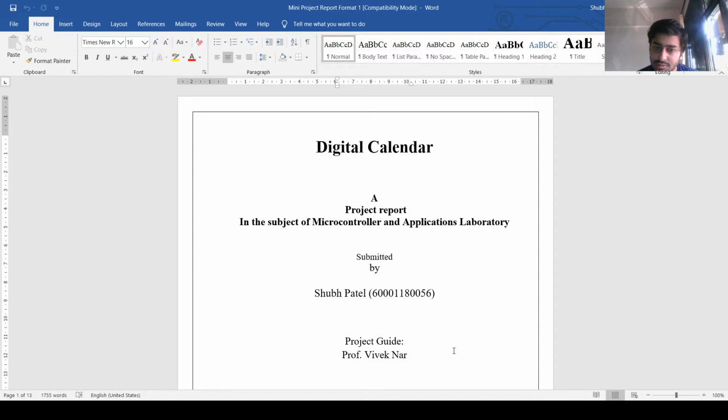Introduction. The title of this project is Digital Calendar, which is an embedded based project. An embedded project is a combination of hardware and software. Microprocessors and microcontrollers are widely used in such embedded system products. Each embedded system is uniquely and highly customized to the application at hand. The main basics included in embedded programming are either assembly programming or high level programming such as C, C++ or embedded C.